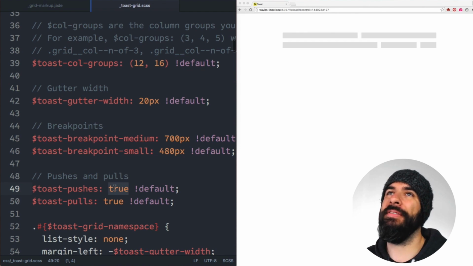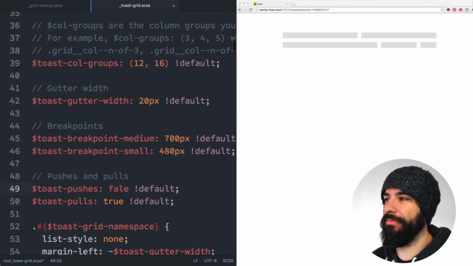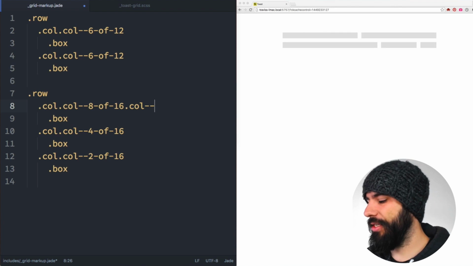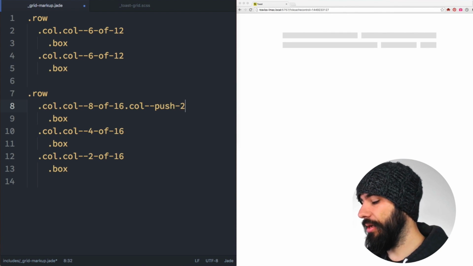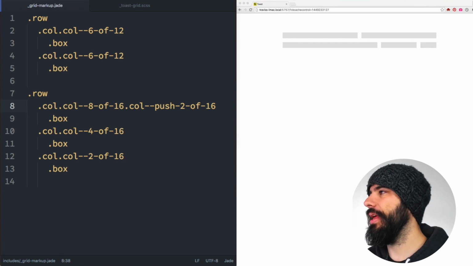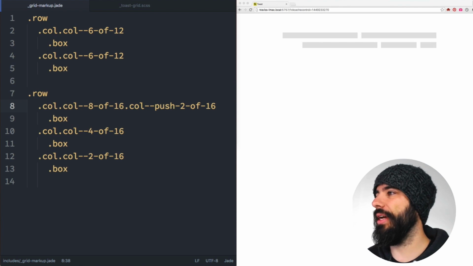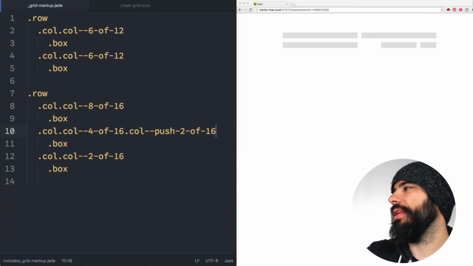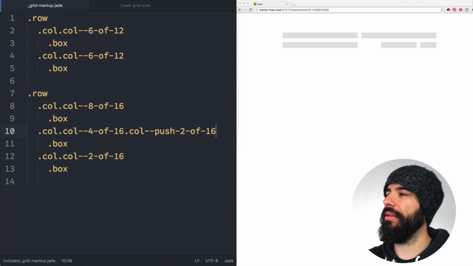So if I have never used pushing and pulling in my designs, and I don't expect to, I would turn these off. But let me show you how they work. I'm going to say call -- push, and I want to push this 2 of 16. What this does is put extra margin on one side of it. So if I move this over to here, it would push the second column over 2 units of the 16